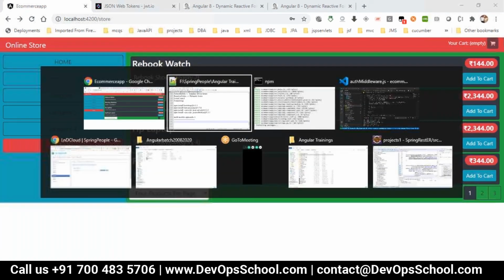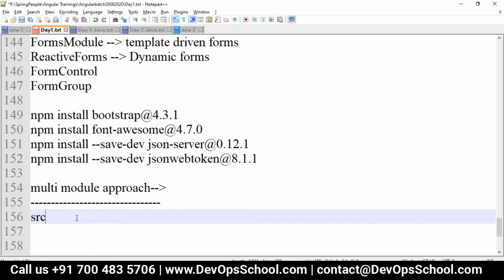What we will do in the project, in the src, we will create different modules. We will create one module called model, where we can keep all our model classes. Model classes means they have only the type of data you want to accept. If you want to go with static data sources or a REST data source, all these data sources and the model classes will be written in the model package or model folder.